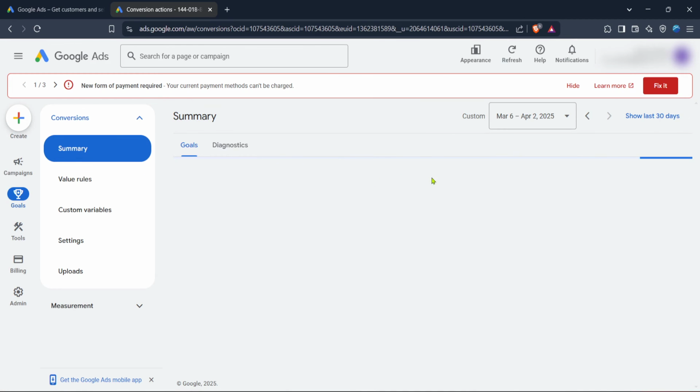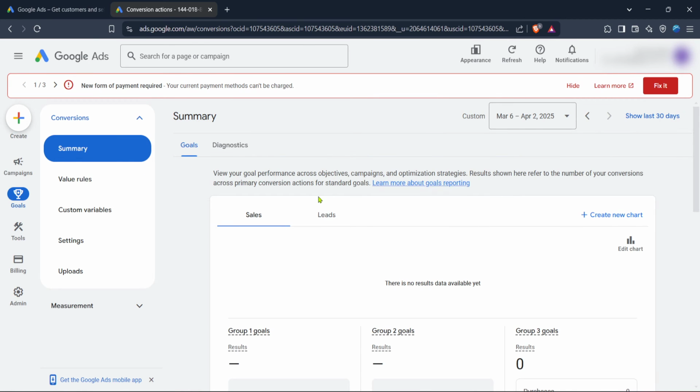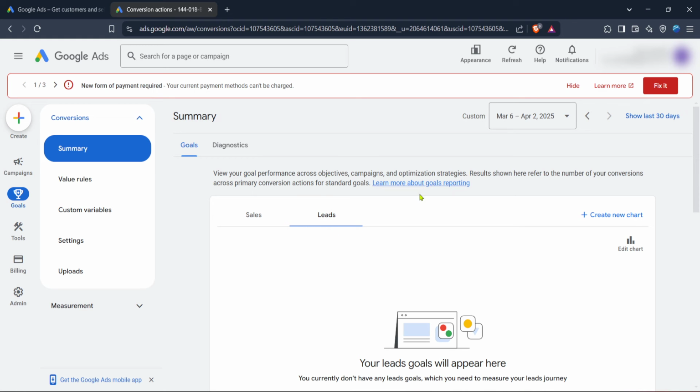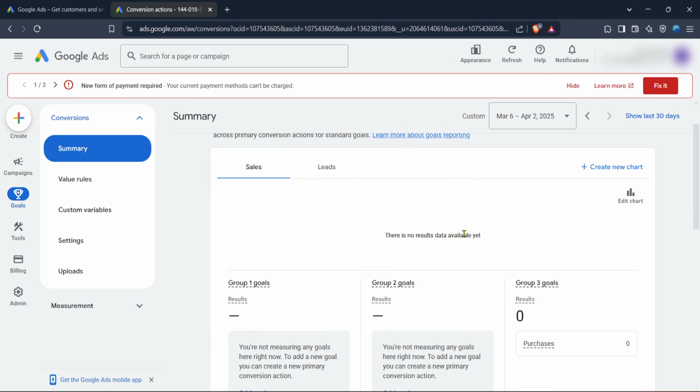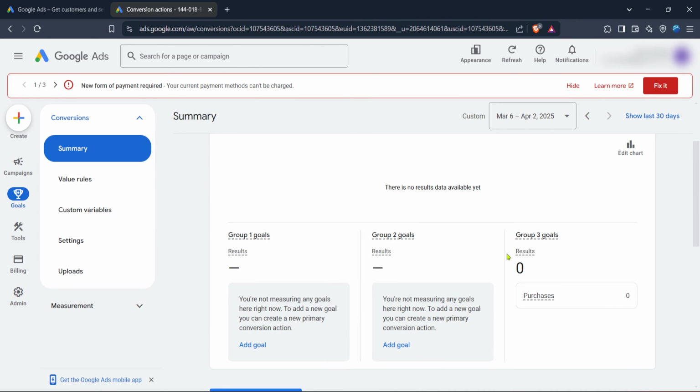Check the details like the action name, category value, and the method of implementation, whether it's on a website, app, or phone call. If anything looks off, you can edit it directly from this interface to align it with your campaign goals. If you followed these steps and confirmed that everything is set properly, your Google Ads account should be